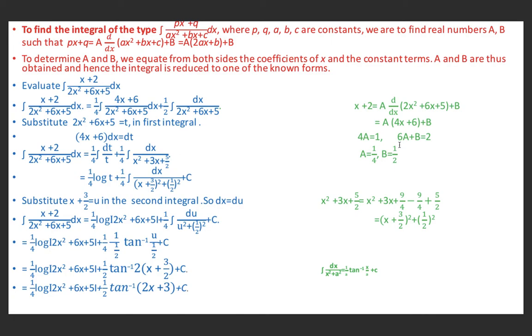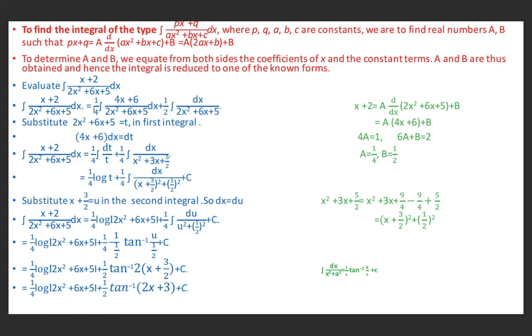So we can write this expression as 1 upon 4 into (4x plus 6) plus 1 upon 2. So we can express x plus 2 upon 2x square plus 6x plus 5 in two terms,